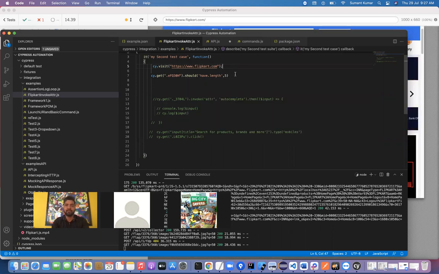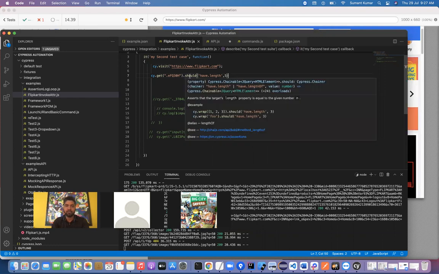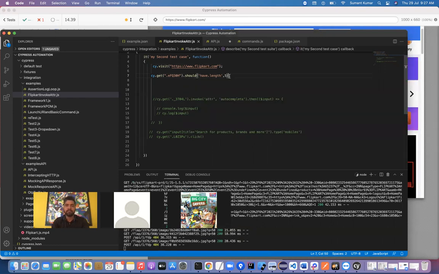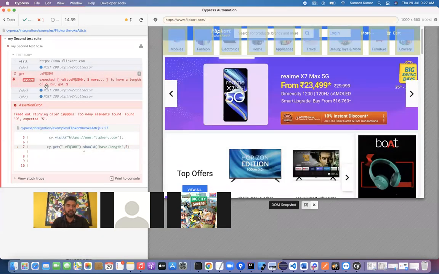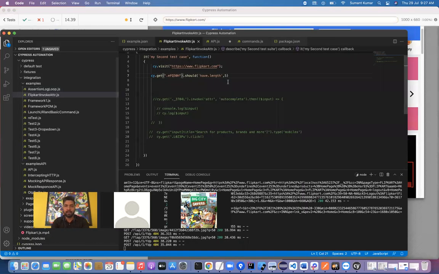This is the easiest way of doing assertion, in a single line of code. I'm saying I want to get the element, and I have written the assertion dot should have dot length 5, meaning the number of elements with this particular class should be 5. That is my expectation, and I executed. But here you can see expected to have length 5. This was my expectation, but it got 9 elements. Got it? That's why our test case failed. But let's see if I put 9 here.